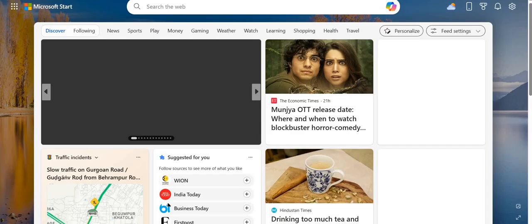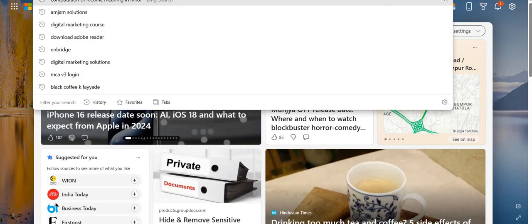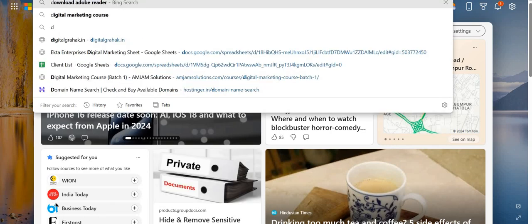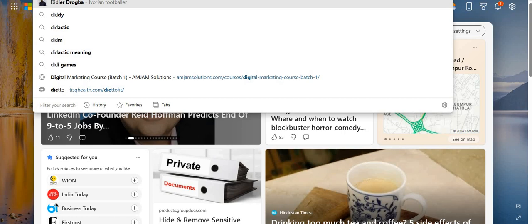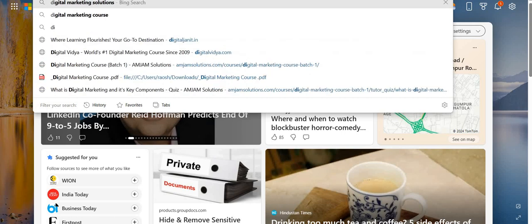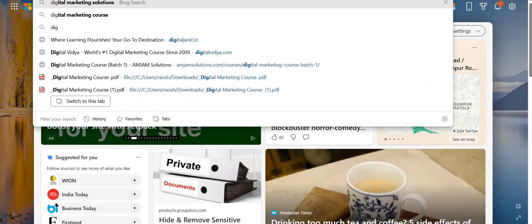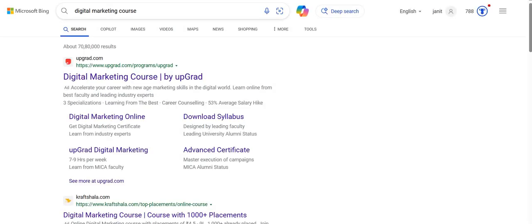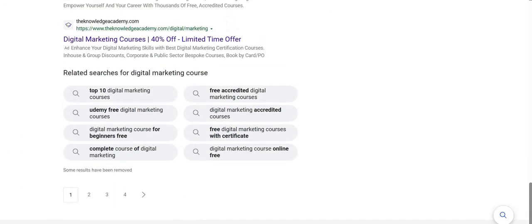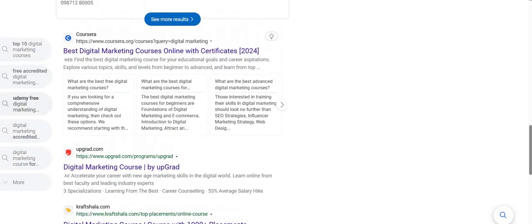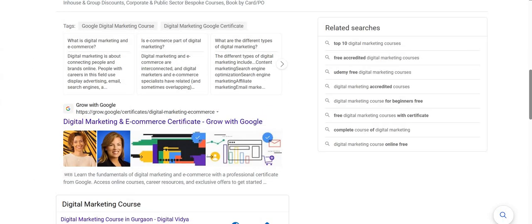we click on a new tab and search any query here. So this is the search engine, and we search for digital marketing, digital marketing course. We see multiple results here. The digital marketing course will be the keyword, and a number of websites are coming below. So this is all through SEO. If we do good SEO of our website, the website will rank higher on the keyword, right?